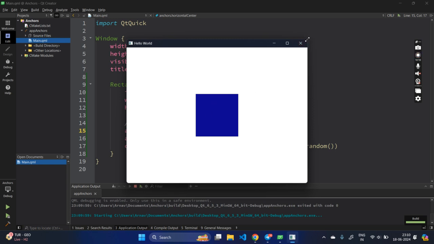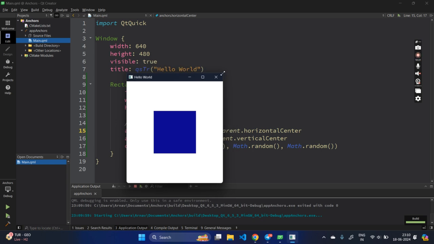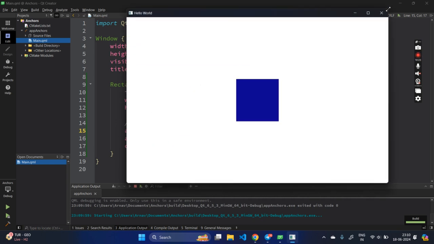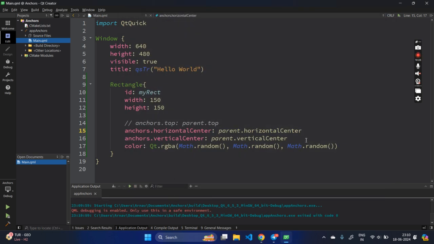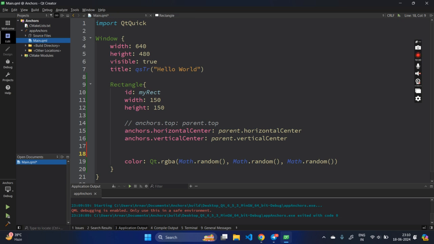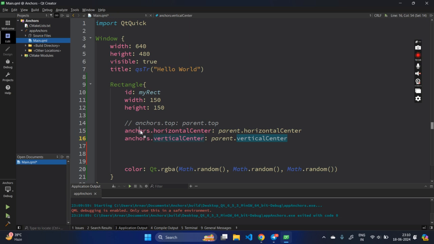Now, if you increase the window width, you'll see it's still at the center. Here also at the center, and if you increase it more, it will still be at the center of the window. That's why it's responsive. Now, instead of mentioning both horizontal and vertical, a simple way of doing this is, if I comment both of these out,